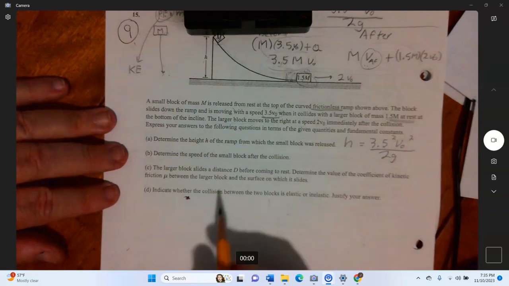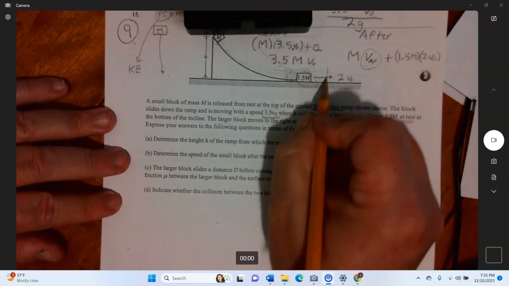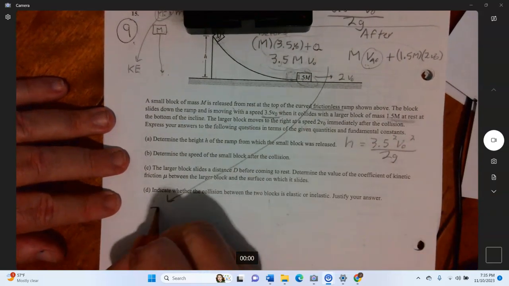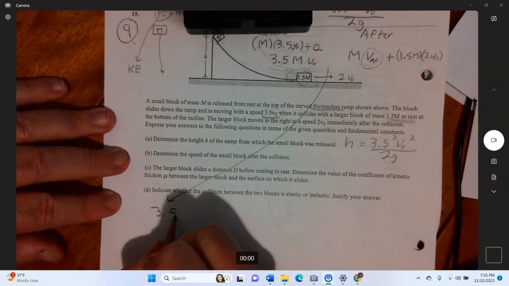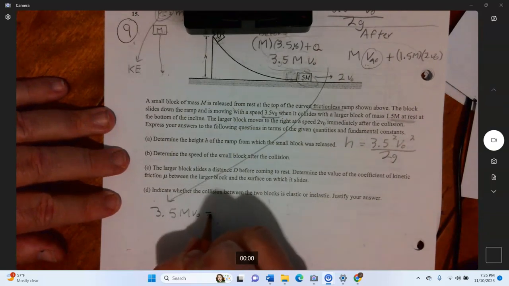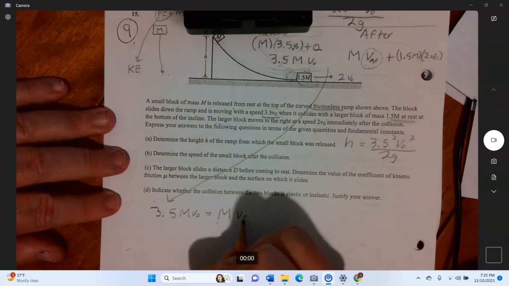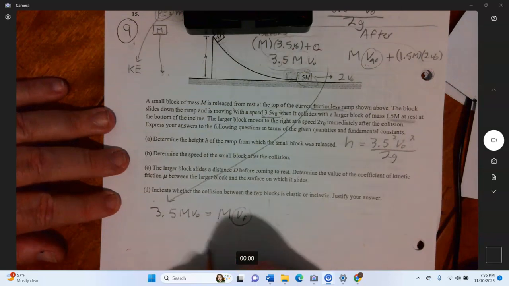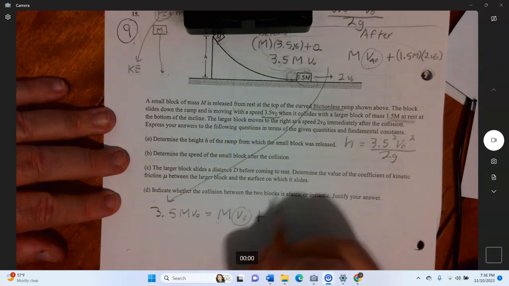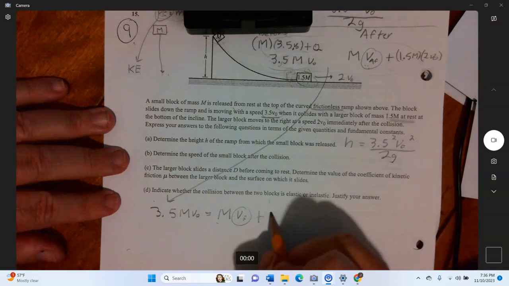Momentum before, momentum after. So let's write that as an equation down here. Equals M times the velocity we're looking for after, so I'm going to circle that, plus, now let's just simplify this. 1.5 times 2 is 3, so I'm going to call that 3